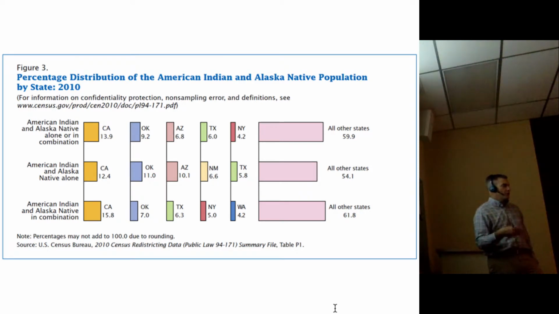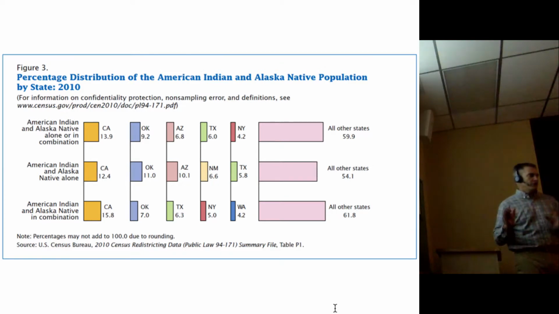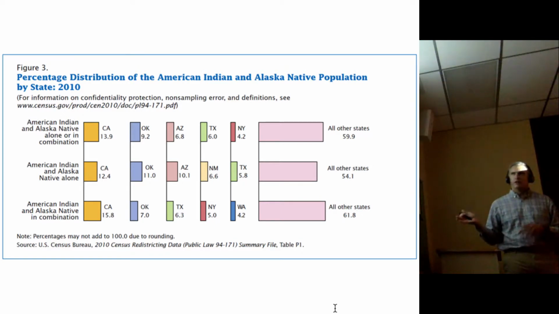There was actually a government program that we'll learn about later called the Relocation Program, where the Bureau of Indian Affairs set up an infrastructure to try to get native peoples off the reservation, out of places like Shannon County, South Dakota, and move them to places like San Francisco or Los Angeles. Okay, and so some people went, stayed for a little while, and returned, but some people didn't. Some people stayed.